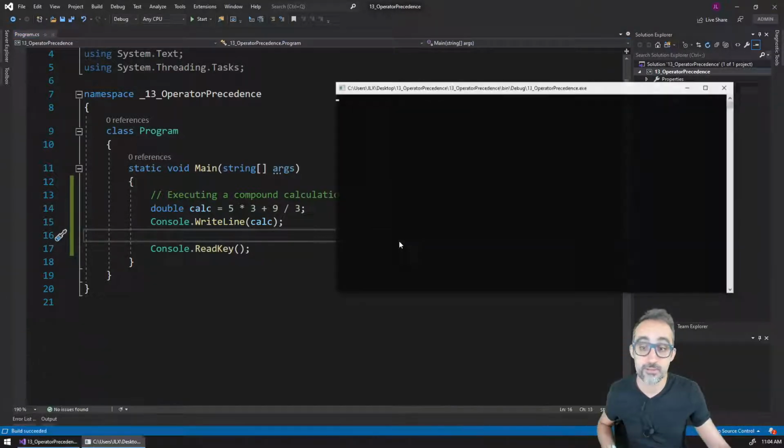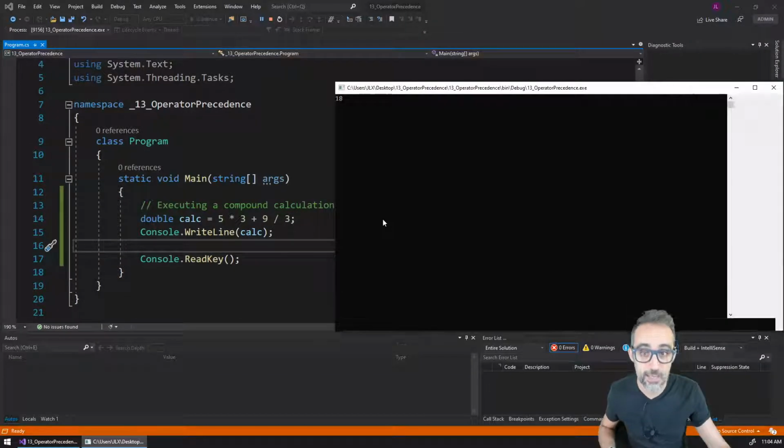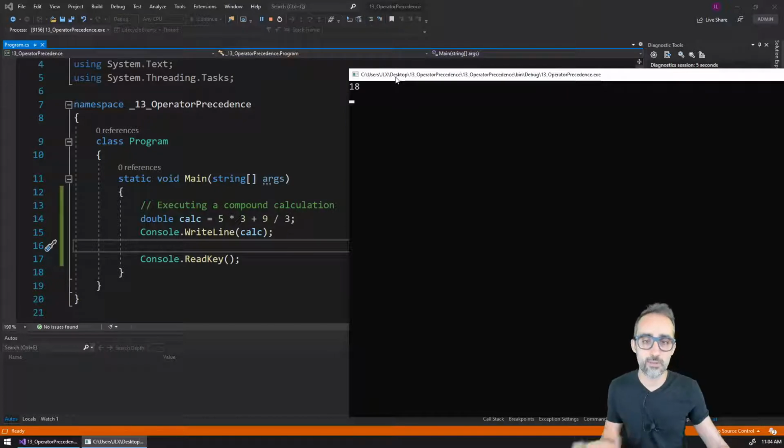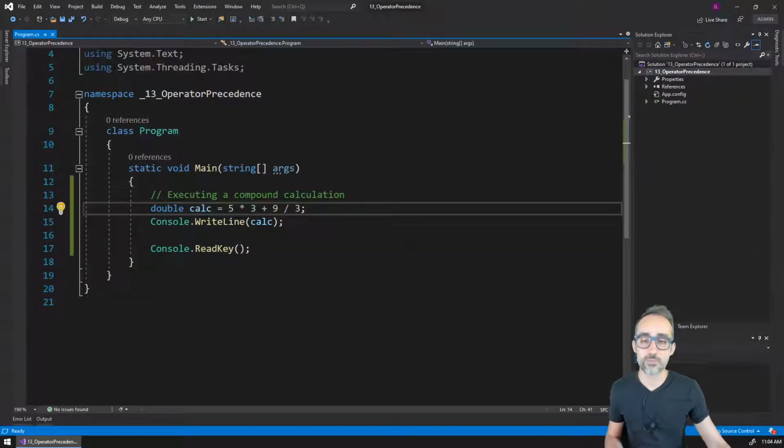Maybe you thought the result was going to be 18, right? And if you did, you were correct. But my question here would be, why did you think it was the value of 18? What led you to believing that that was the case? That was probably informed by all the math that you learned in elementary school or high school. And maybe you remember vaguely that in regular math, there's this thing called operator precedence, which